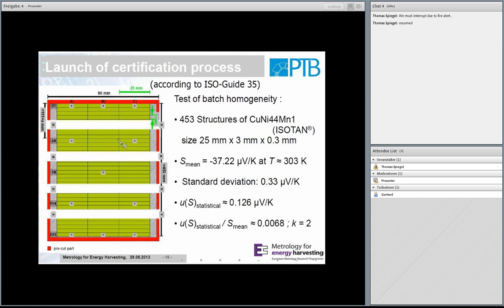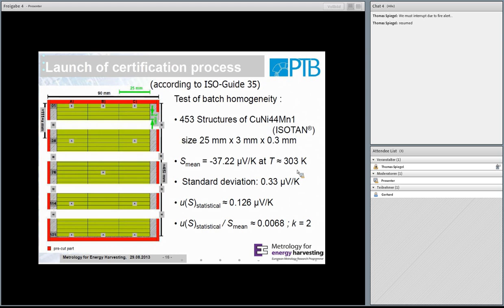And then we took some samples. We took 11 samples in this area to measure if the material is homogeneous enough. And in total, we have 453 samples of this size, I said already. And we made some measurements near